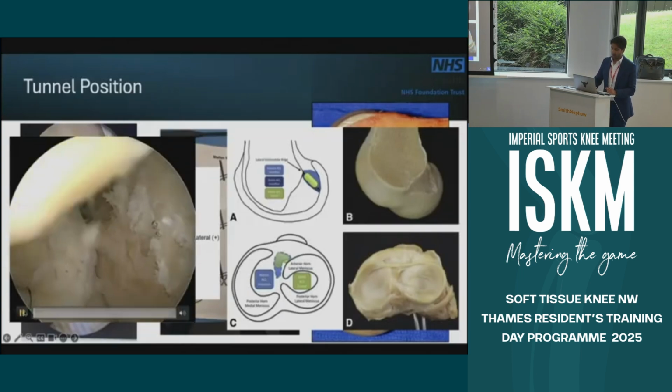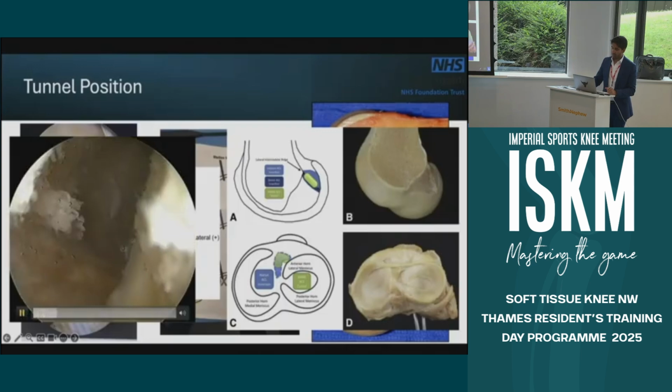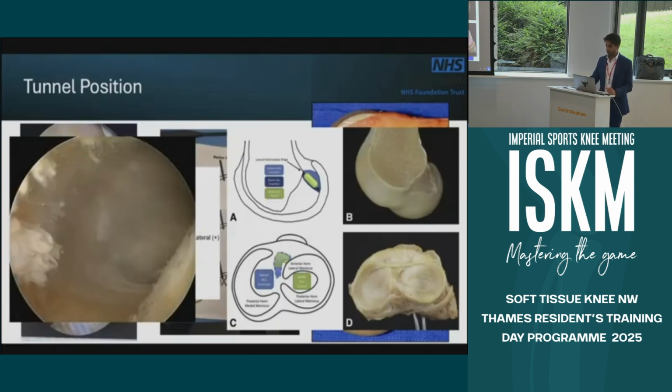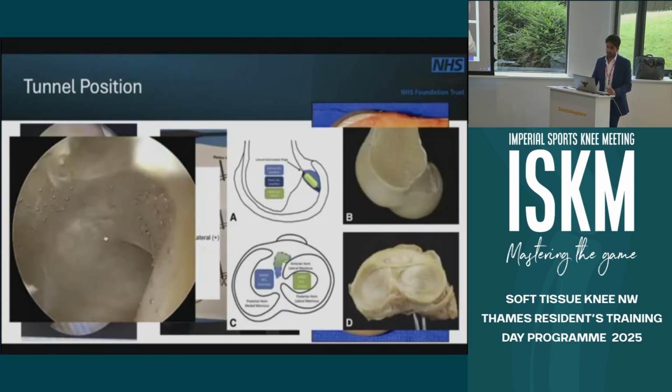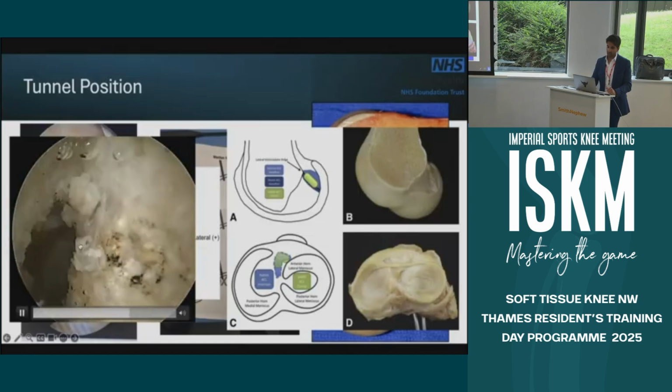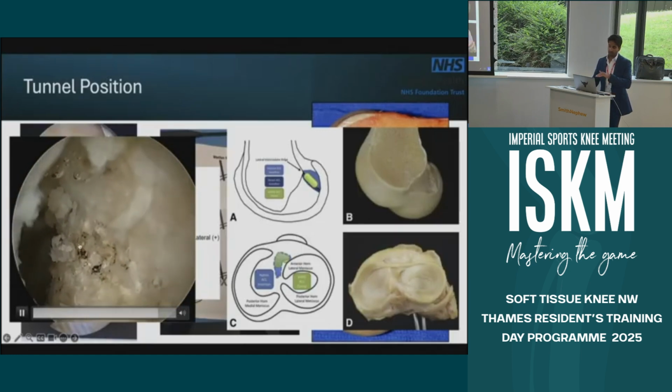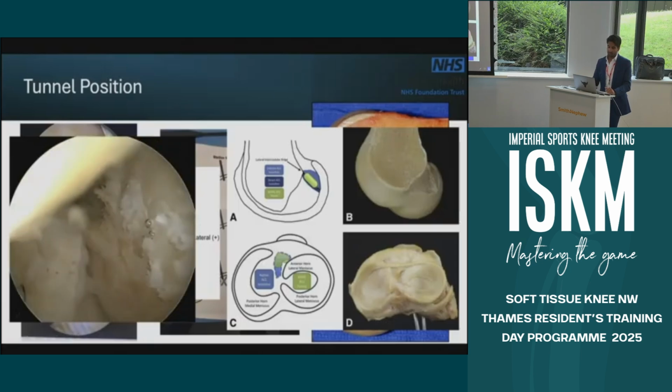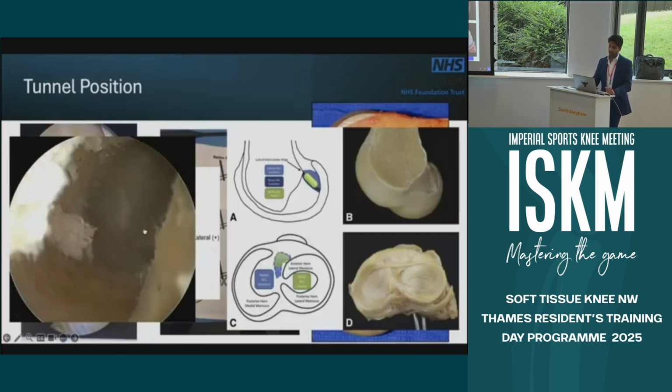This is an example of landmarks. So we actually asked an interesting question about where people use their landmarks with it. This structure here is called the apex of the deep cartilage. It's the posterior condyle cartilage. That's what I use as my landmark to be able to put my tunnel and use that as my reference